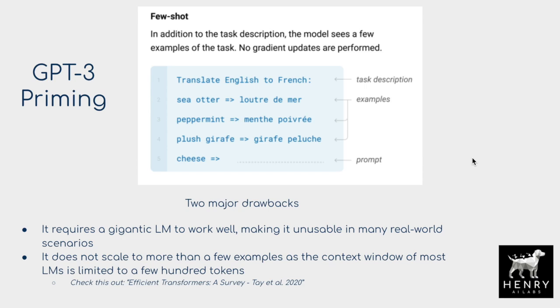in-context learning. So here's a quick recap of what GPT-3 is doing and how this approach is different to what we've just described. GPT-3 does something called priming or in-context learning, where it has a description of the task, examples of the task, and then it'll have the prompt to do the new task. So say this new task is cheese, and then translating cheese into French. It starts off with the task description and then examples of translations from English to French. And this is all put as input in the transformer's attention input context window. These transformers attend over this input sequence that might be, I think, something like 2048 tokens in the GPT-3 language model. So you can have a pretty long task description to prime the GPT-3 model